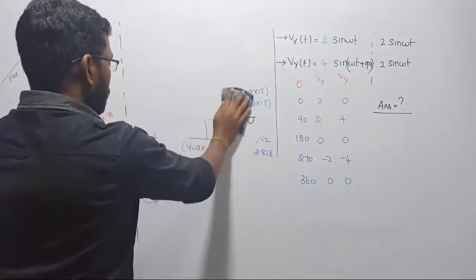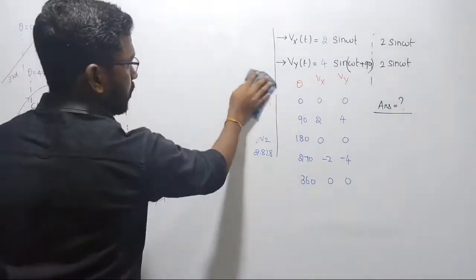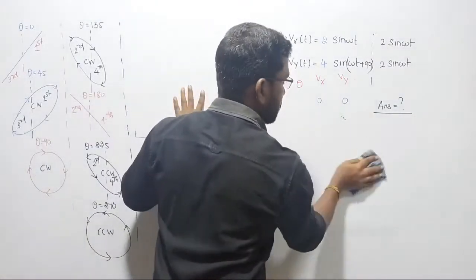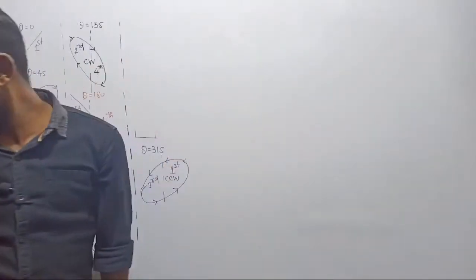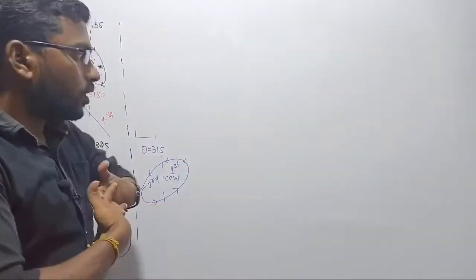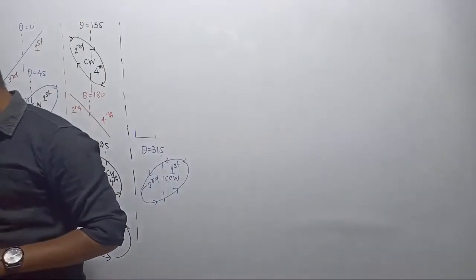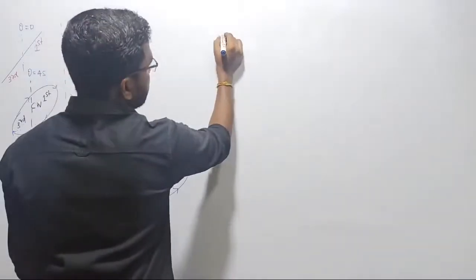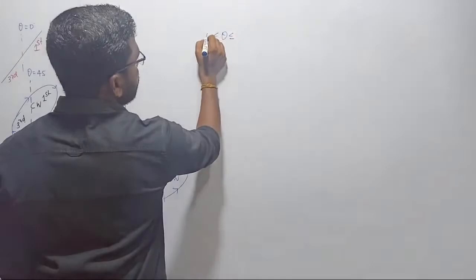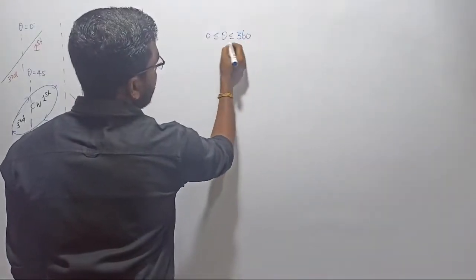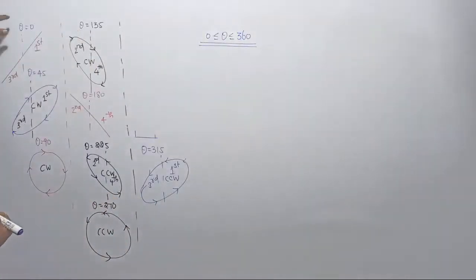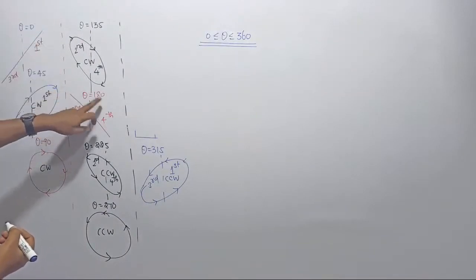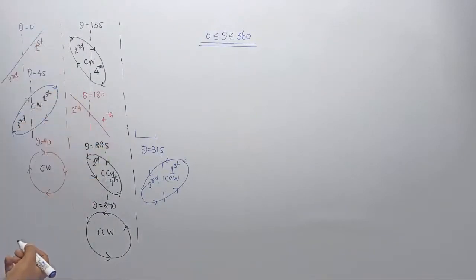Okay, let me make some conclusions here, right? That we had already observed. Let me rub these things. Okay, totally in a complete cycle, while traveling from 0 to 360 degree, I am observing, see here, at theta equal to 0, I was getting a straight line. At theta equal to 180, I was getting a straight line. That is, we are getting slopes, right?